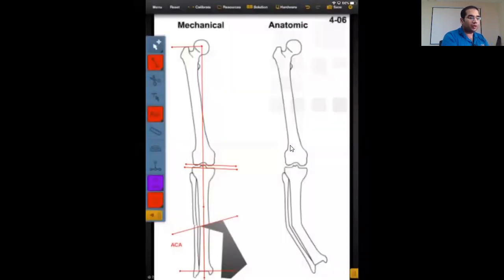Now let us create another scenario. Let's first spend some time on rule number 1. This is a planning which you have done. Let me share the screen again. Now you can see. Now let us discuss different scenarios. This is a line diagram, basically a sketch, and we have corrected the osteotomy over a sketch.